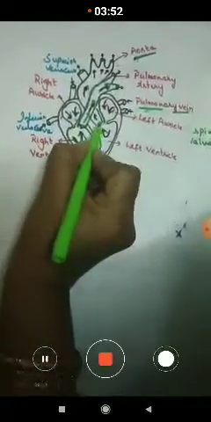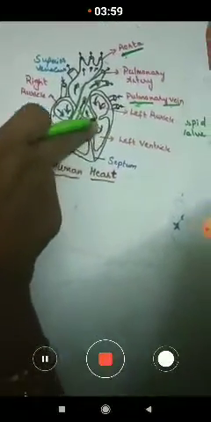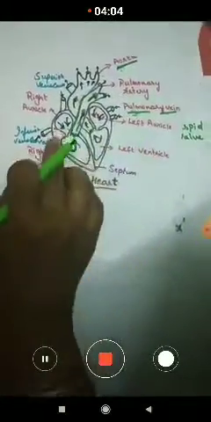And from the left ventricle, here you can observe the valve is present at the opening of the aorta. Again it opens. As the blood flows through the aorta, immediately it closes. So here we can observe the 4 valves are present. How many valves are present, children? 4 valves are present. What is the function of the valve? The function of the valve is to prevent the backflow of blood.